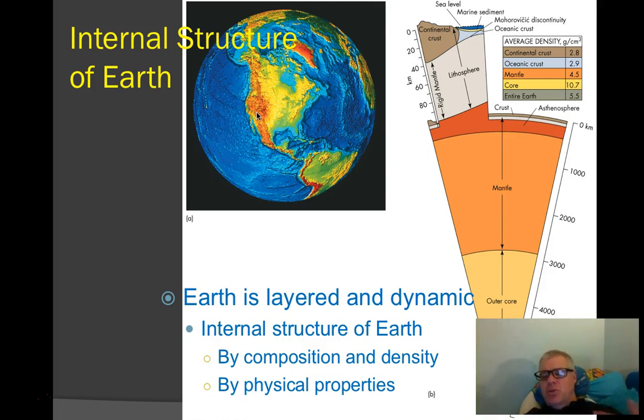In a class like this, when we're looking at hazards and things that cause catastrophes, the part of the Earth that we're most concerned with is the crust, which is right up here at the very tippy top of the Earth's structure. We have an inner core, an outer core, a mantle, and then the crust here; this area is actually showing it blown up a little bit. The crust, if you look at its actual scale compared to the rest of the planet, is kind of like the skin on an apple.